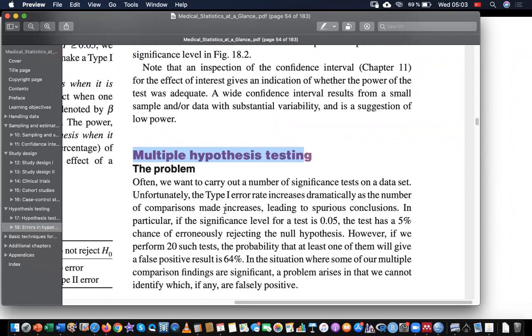If you increase the number of tests, if you increase the number of hypotheses, your type 1 error rate, also type 2 error rate, increases, but we are afraid of type 1 error rate especially. We are concerned more with the type 1 error, alpha error. It will increase dramatically. Therefore, we strongly suggest you not to do too many hypothesis tests. Also, we strongly suggest you not to order too many tests in a patient. Order as many tests as necessary, not too many.